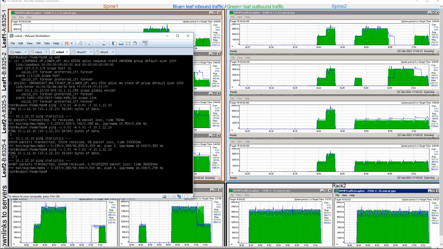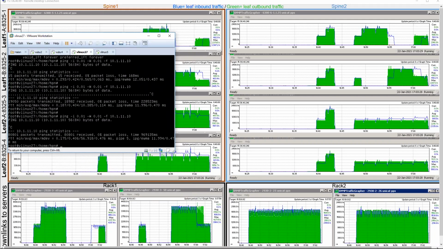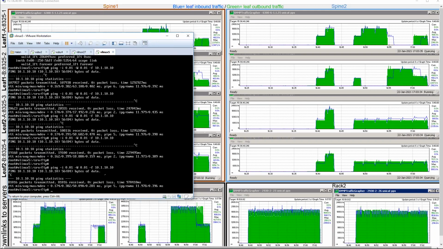Here I lost one packet, so 10 milliseconds. Here I lost nothing, so same packets received and transmitted. And here, exactly nothing. So from the interactive flows, it was completely transparent. From Ixia, we saw, let's say, 12 milliseconds of outage.